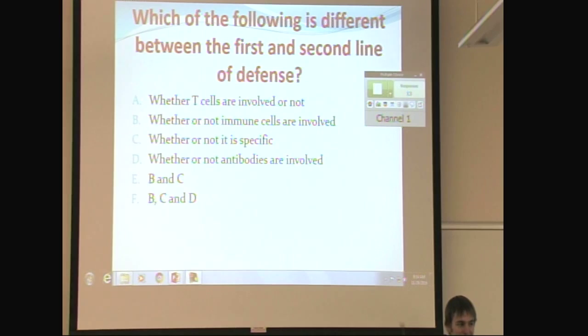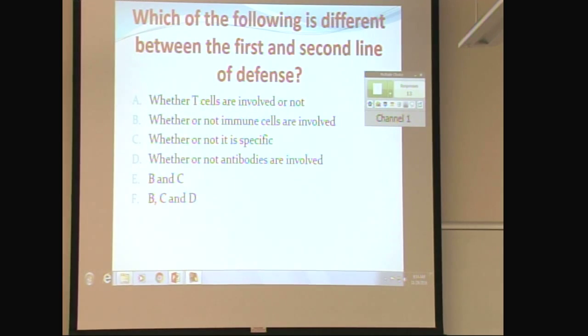Specific, is that first, second, or third? Which one? Specific? Third. It is third. It's a little mean because we didn't do third yet in detail. It says right here, it's specific or cell or antibody based, way in the beginning. And then antibodies, first, second, or third? It is third. So whether or not immune cells are involved, it's the difference between first and second, which brings us to the